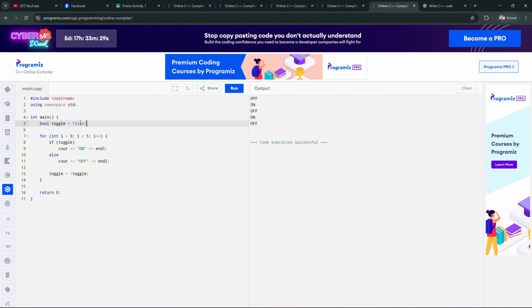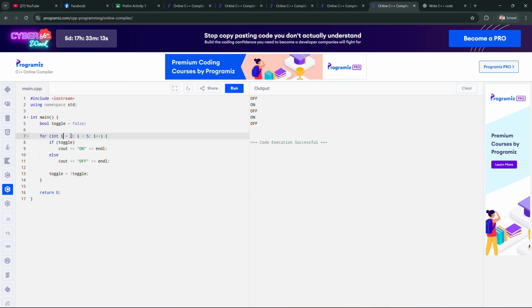So let's say the value of toggle is true, so it will go back to this for loop.